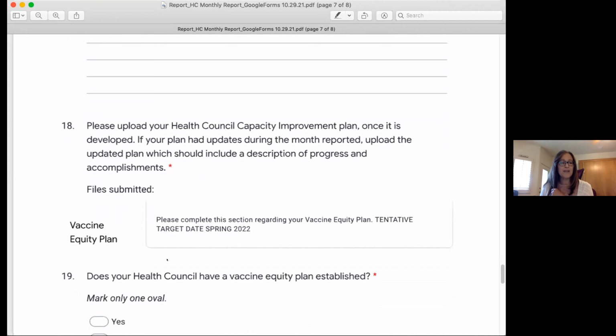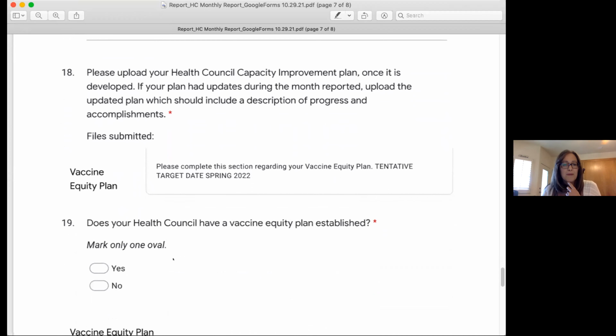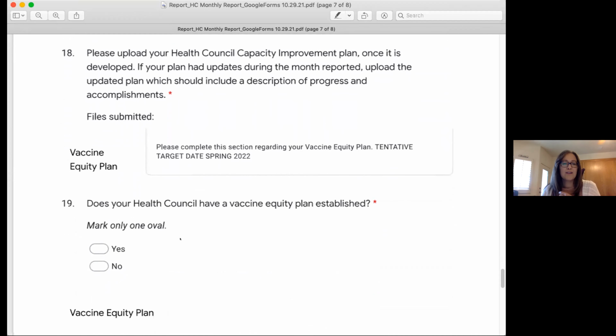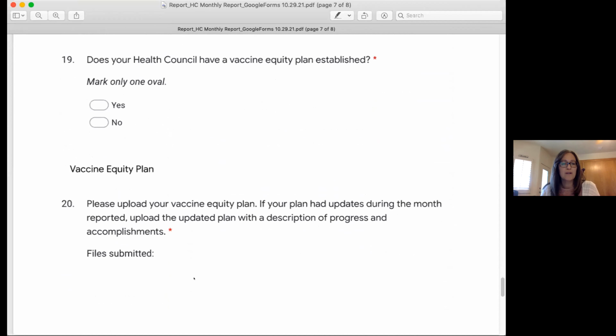Next, we're moving on to the vaccine equity plan. Again, don't worry about this too much. This isn't going to happen until the spring of 2022, and you will receive training. However, when that time does come, you will answer the question, does your Health Council have a vaccine equity plan established? Yes or no? And then same thing, here is where you will submit your files. You will upload your vaccine equity plan. Again, if your plan has updates during the month, which we hope, there has been some progress, then you will